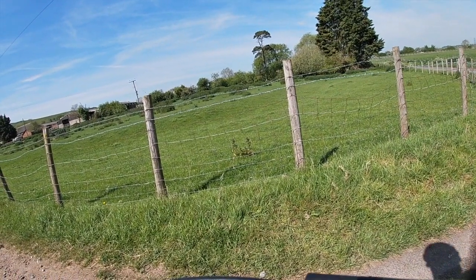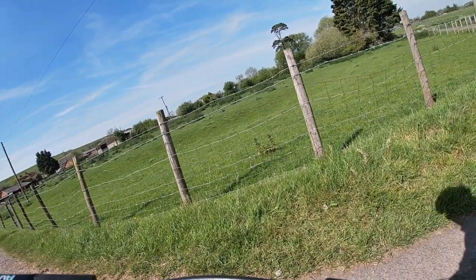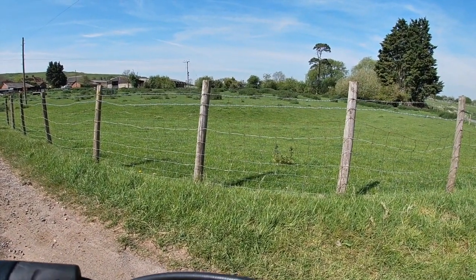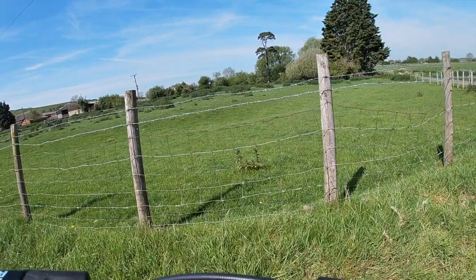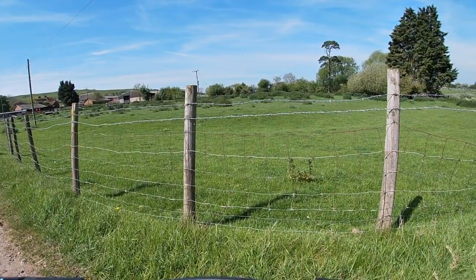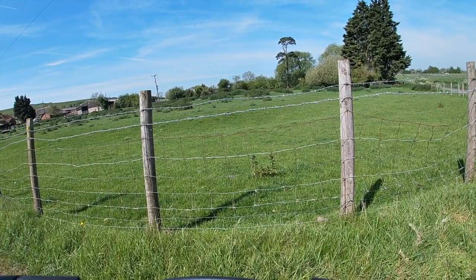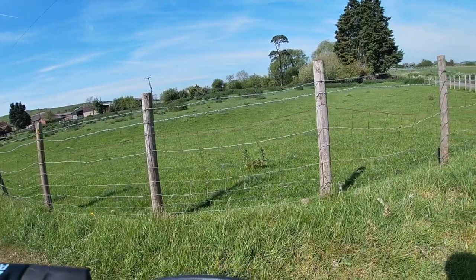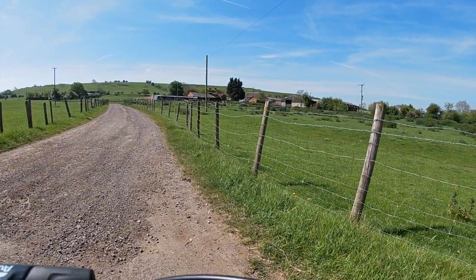You can hopefully see the building platform rising above the moat, and all the way along clumps of nettles. So my view is this is the extent of the manor or its outbuildings. It came right the way down here, went up beyond what is currently the farm,